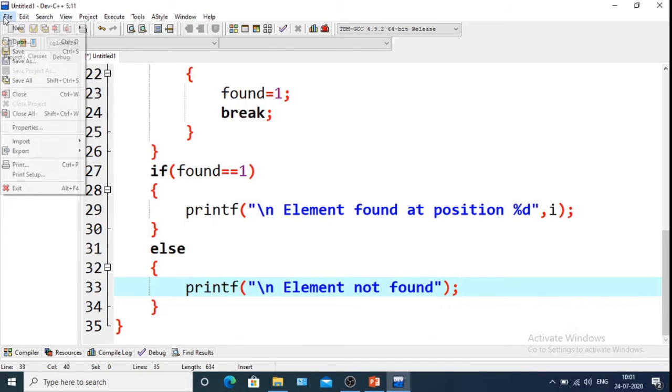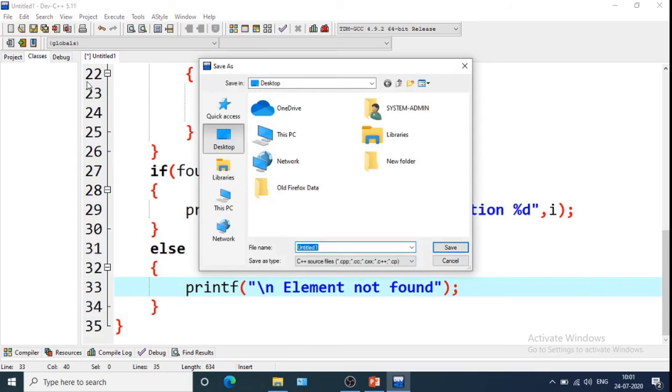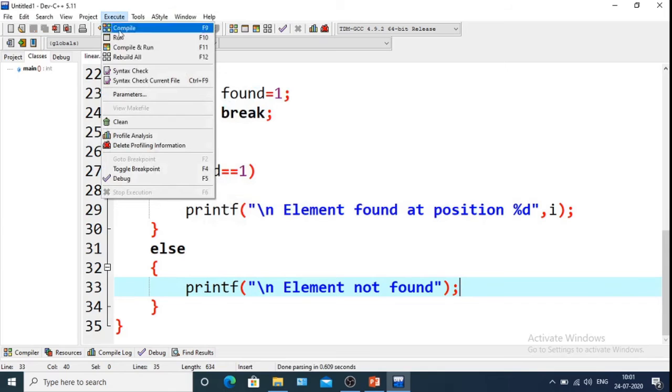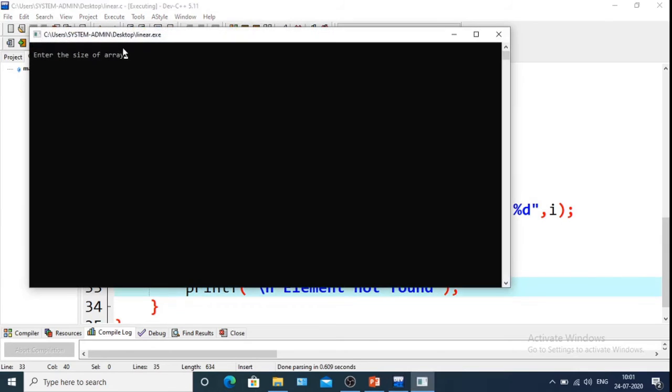So let's save the program, first execute it, then we will explain the program once again. I have saved it as linear.c. Now I will compile and run it.